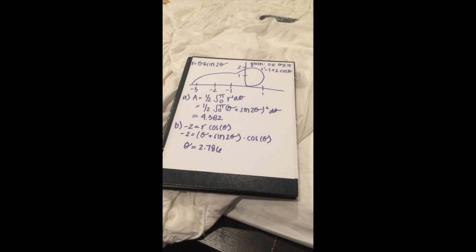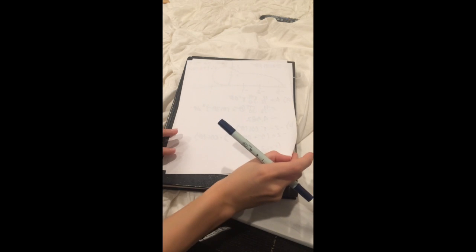Okay, let's go to part C. Part C says that for pi divided by 3 less than or equal to theta less than or equal to 2 pi divided by 3, r prime is negative. What does this fact say about r? What does this fact say about the curve? So basically what this is saying is,